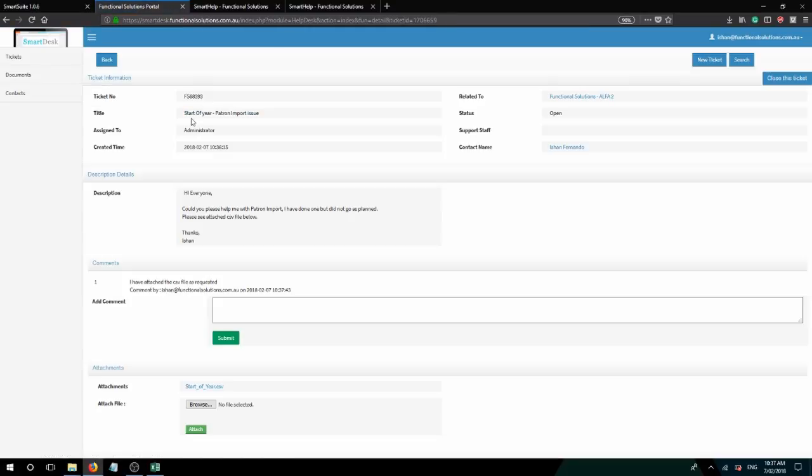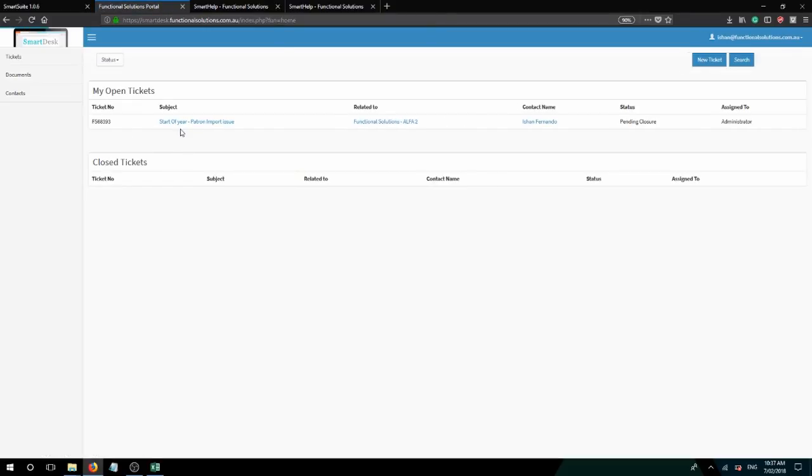And if you think that your question or your issue has been resolved, you can always close the ticket yourself by clicking on close this ticket. And if you click back, now this will put it in a pending closure status. So our staff will need to check the ticket to make sure that yes, it is in fact closed. Once we confirm that yes, the ticket is closed, we will close it on our side and you will receive